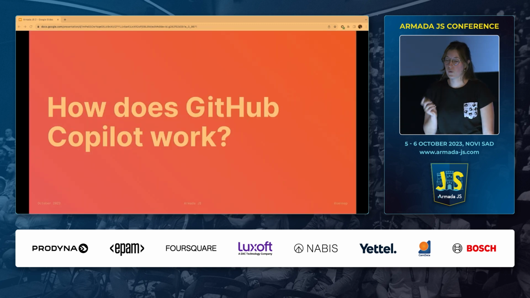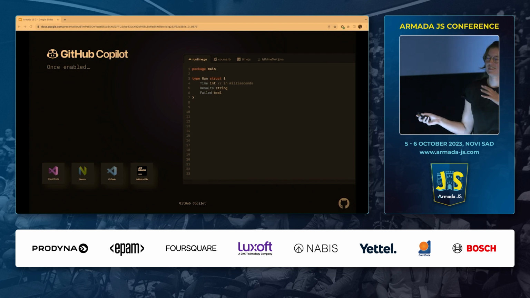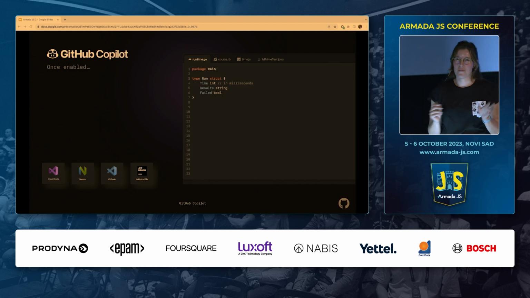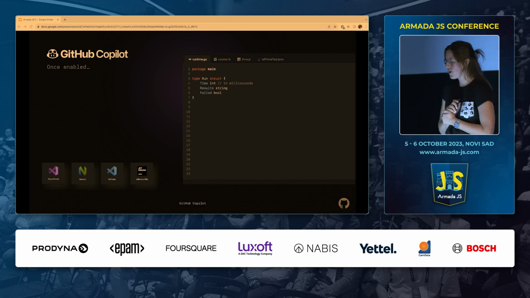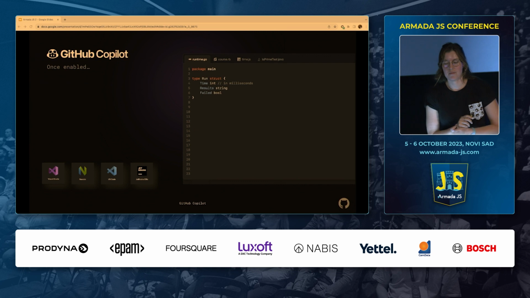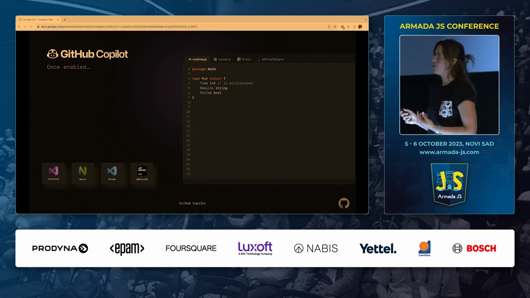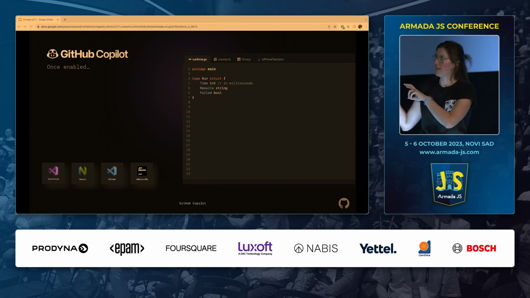So how does this work? If anybody isn't familiar with Copilot, it is GitHub Copilot in particular, because Microsoft has lots of different Copilots elsewhere in their stack. But it's an IDE plugin, and it is supported in Visual Studio, VS Code, NeoVim, and JetBrains IDEs. And the way you can prompt it with this auto-completion model is